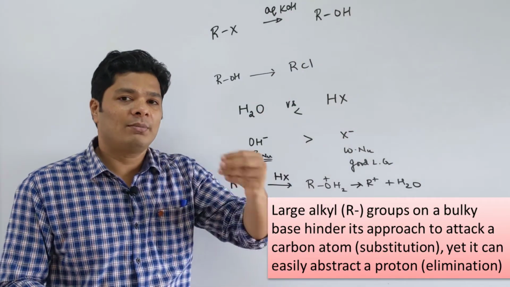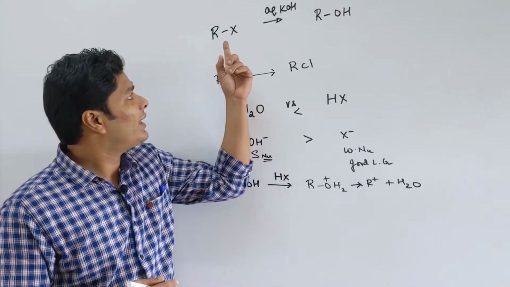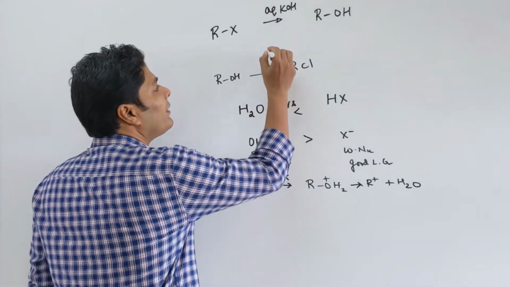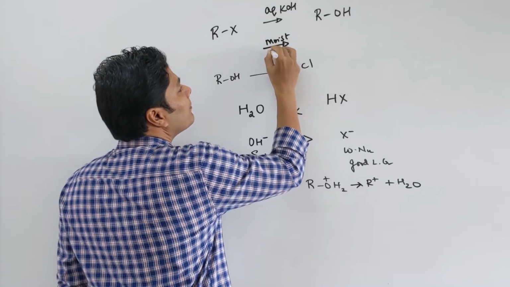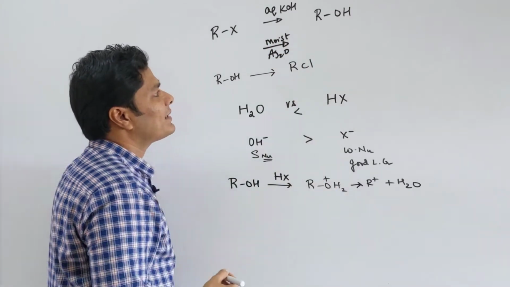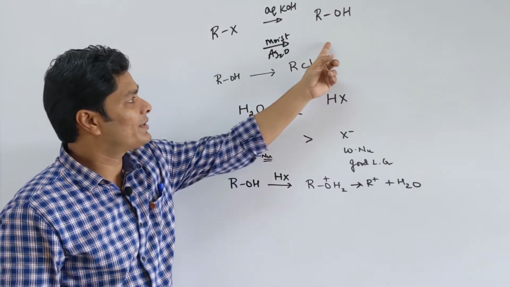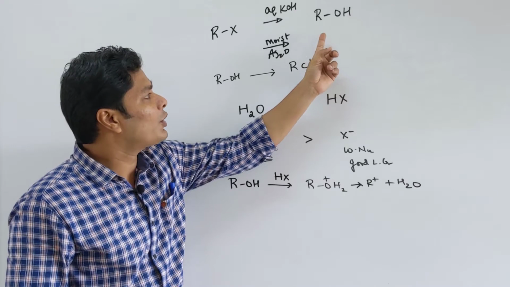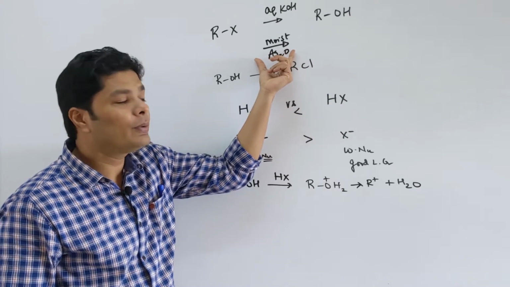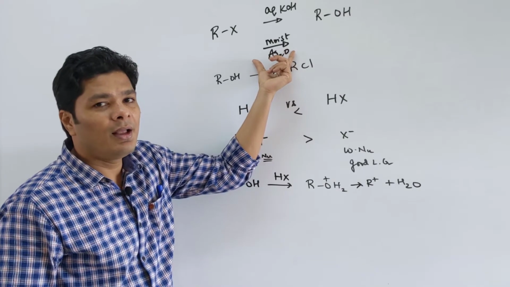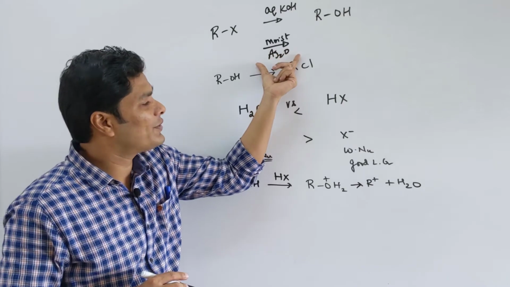So, how can I overcome this if I want to synthesize tertiary alcohol? What we can do is we can use RX and we can use moist Ag2O, sometimes written as AgOH. Moist Ag2O will replace the X for OH, and even for tertiary there are no side reaction because we are here not using a strong base. So, this is much better reagent. It is strictly not in the NEET syllabus, but it has come in JEE Main, so it is good for you guys to remember this.